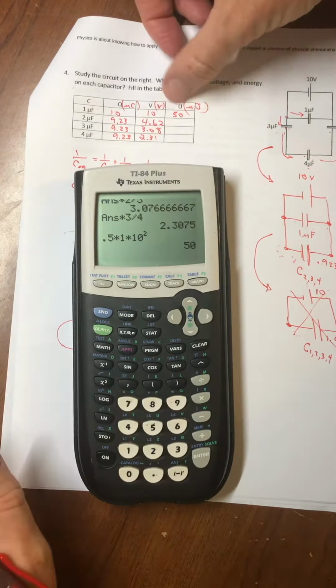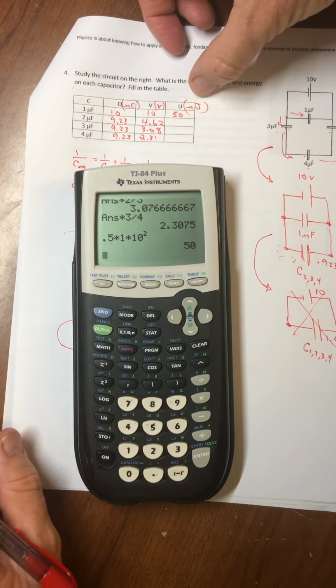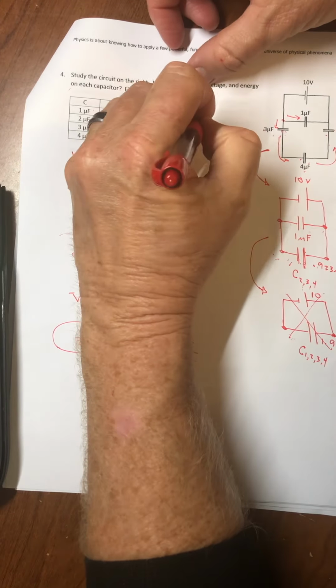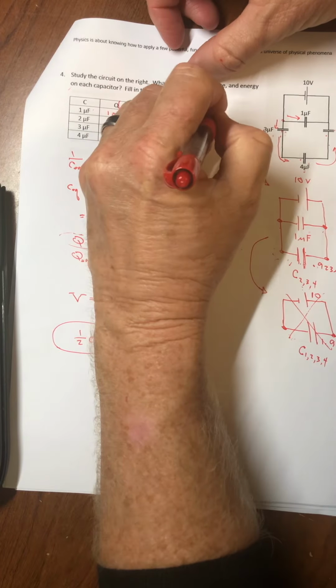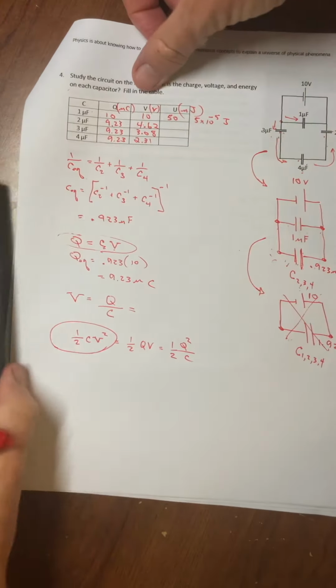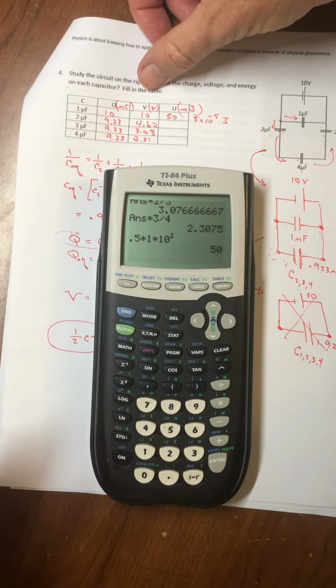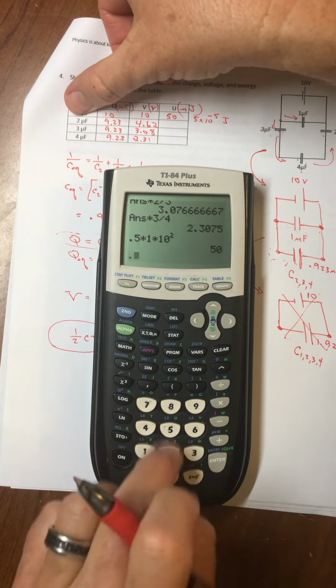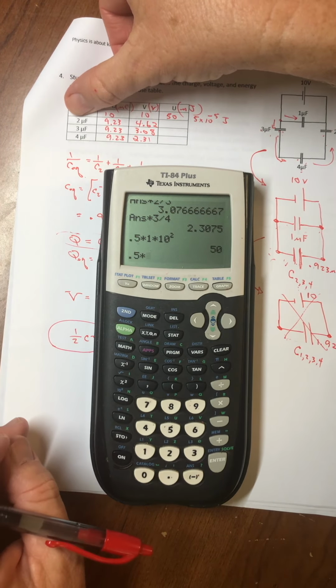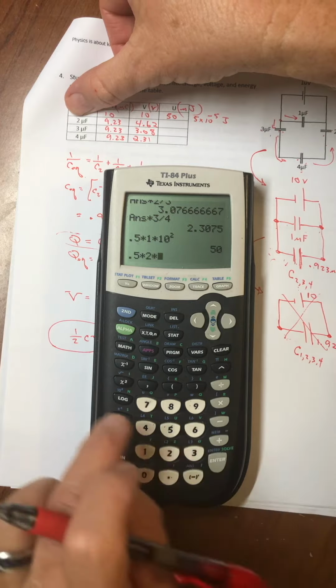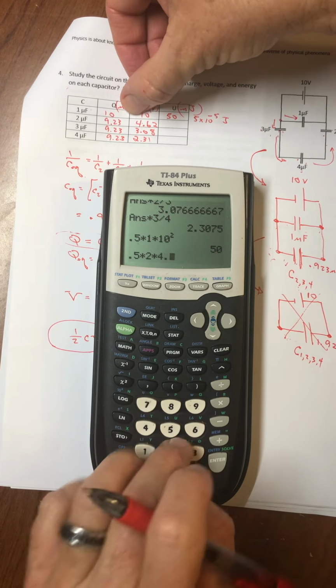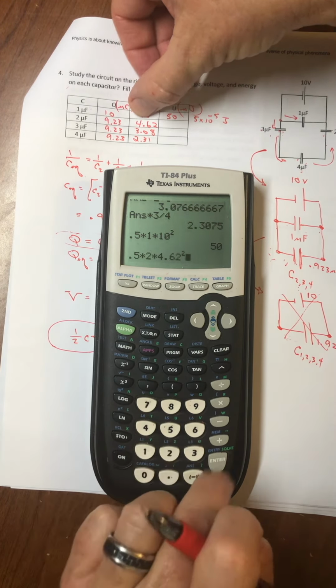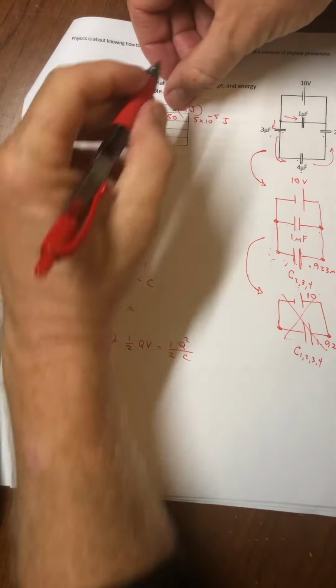So I'll leave it as a 50, but I'll just label it with microjoules. Some of you might feel more comfortable writing it as 5 times 10 to the minus 5 joules. So either one is fine. So doing the same thing for the next line, 1/2 times 2 times 4.62 squared comes out to be a